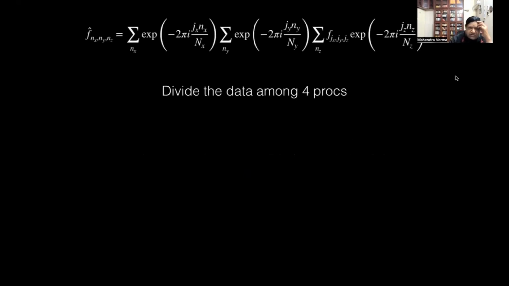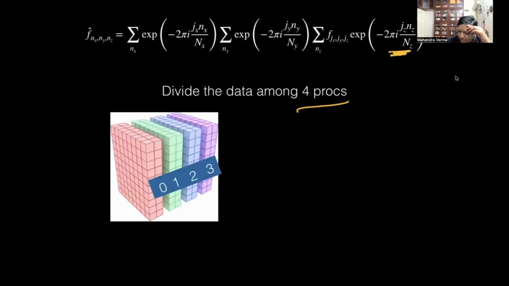But if you want to do this with more processors, let's say I want to work with 4 processors. It is a bit cut in this image, but I showed you this in the previous slide. There are 3 sums, so I want to divide among 4 processors. For example, I had this data: this is Z, this was Y, and this is X. So we can divide among 4 processors.